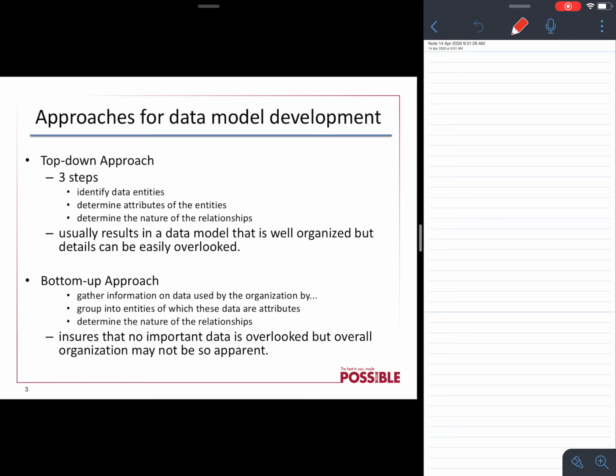When you want to design a database, there are two approaches for you to use. There is the top-down approach, and there is another approach which is the bottom-up approach. You can use either approach, because some people prefer the top-down approach, but some people also prefer the bottom-up approach. You're going to learn about these two approaches, but for today the ERD, entity relationship diagram, falls under the top-down